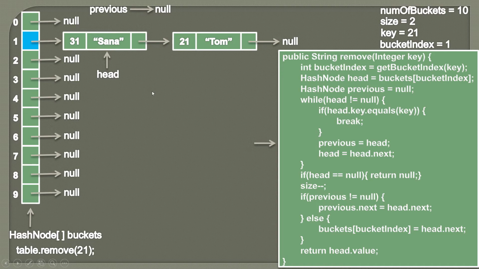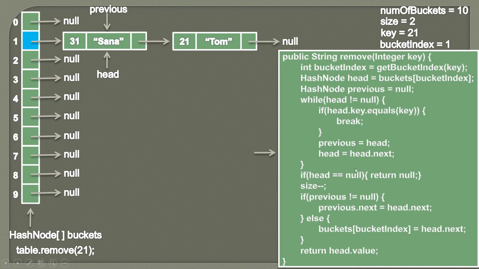So usually we search for the key in the complete list. So for this node, the key didn't match. So before going to its next node by assigning head.next to head, what we do is we simply keep track of this node. Because let's say if we find this key here, then we can use the previous node and we can simply remove this link here so that this node can be freed up. So before moving head to its next node, we assign the value of head to previous. So it would look something like this.